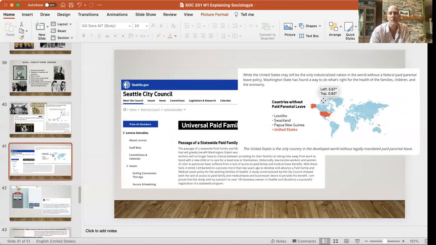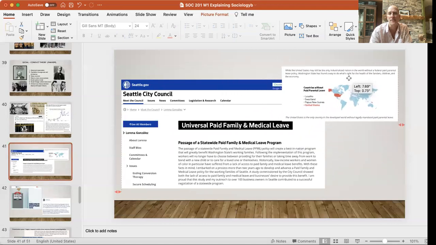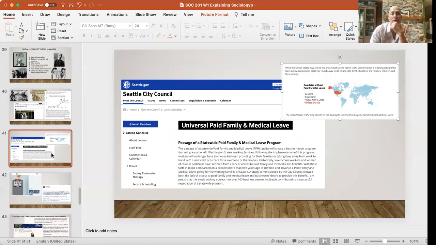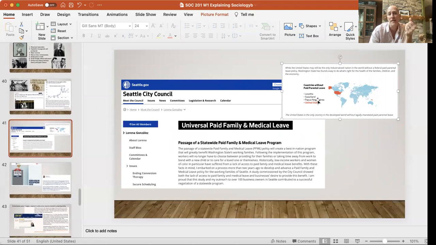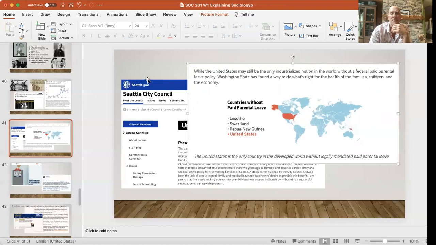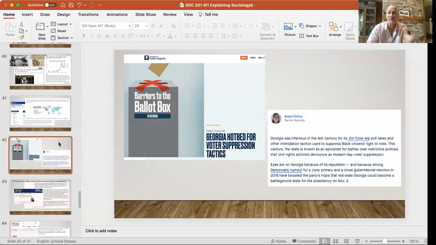Seattle kind of recently moved to actually doing it within their own city. It's going to be an interesting sort of comparison eventually, where we have the data and information to look at the impact of universal paid and medical leave within that particular city. So from a conflict theory perspective, I think we look at whose interests are being served and protected by this particular model. I think it raises questions about the bourgeoisie gaining advantage within that particular system.